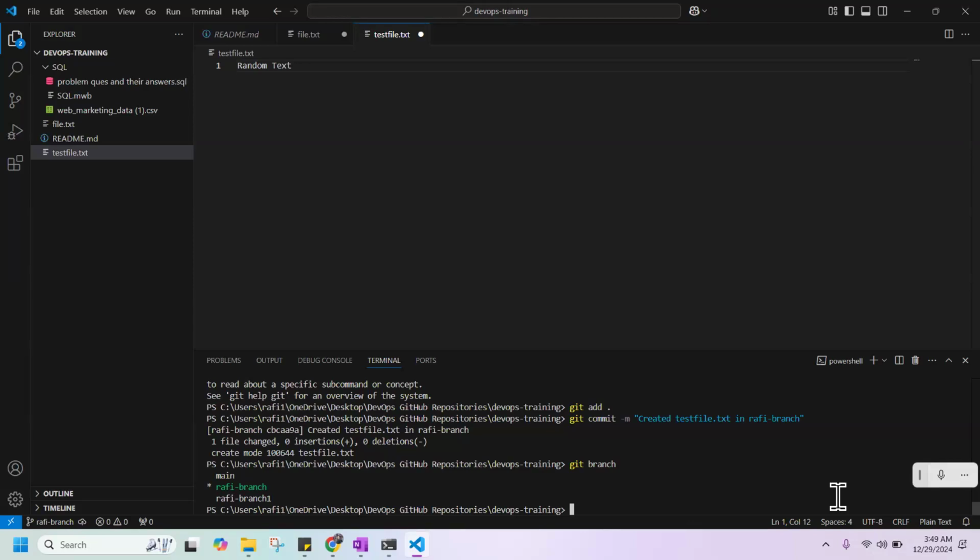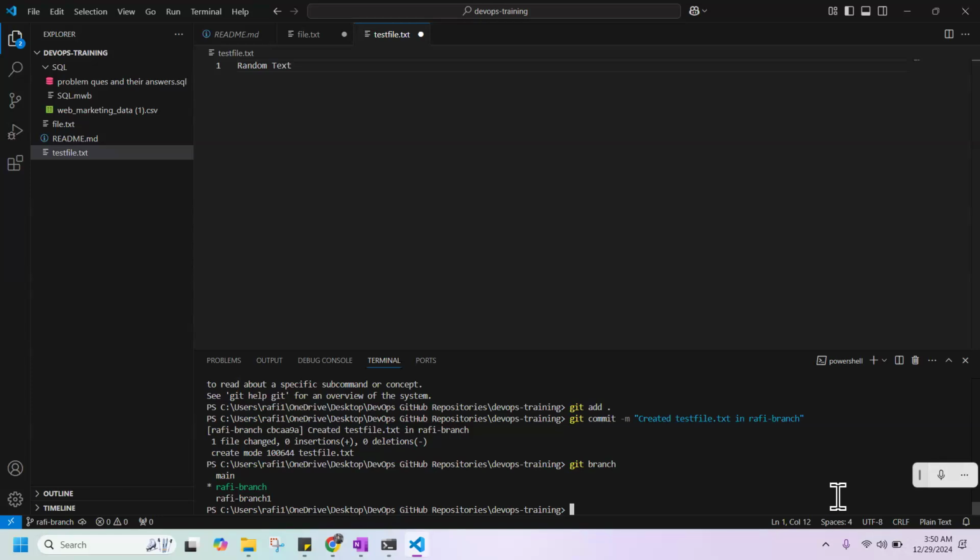If you want to push the same changes into that particular branch, you can use git merge, right? But we cannot use git merge for particular branches. In the end, whenever we want to merge two branches into one branch, like we have three branches, right? Main, Rafi branch, and Rafi branch one. Now I want to merge my Rafi branch into the main branch, then I write git merge Rafi branch, then it is going to be merged into my main branch, and this text file is going to be shown here, right? But currently just remember the concept that all branches are independent of each other.